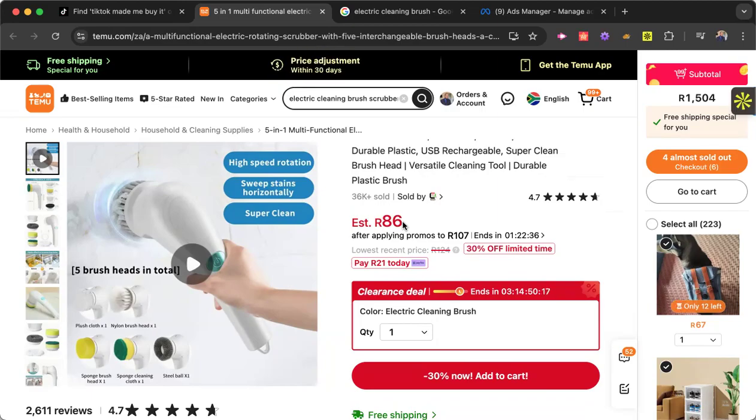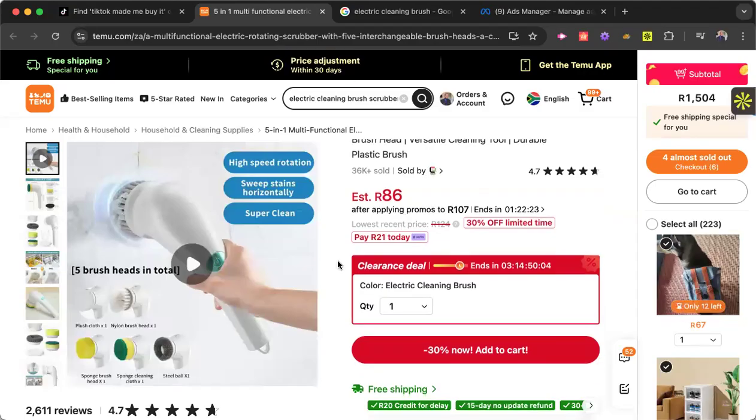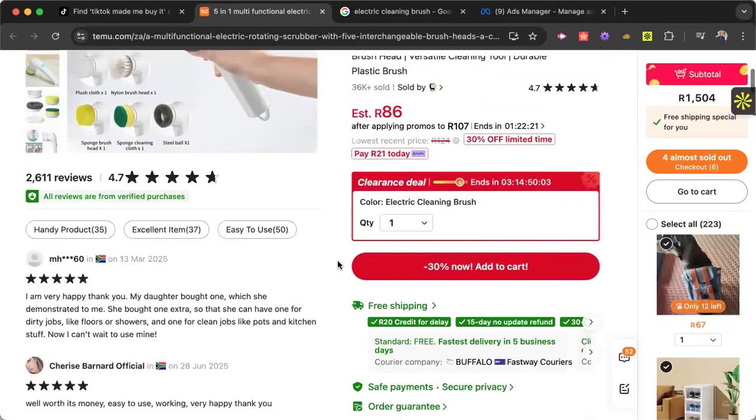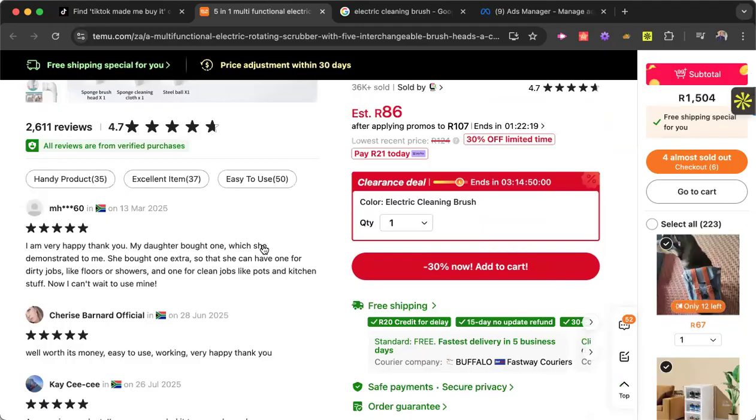For everybody in this coaching program, I want you guys to be selling your products for 400 Rand minimum. Likelihood, I want you to sell it for as much as possible, but you need to be able to create the perceived value and understand who you're selling to. So that's why these comments and everything are very important to study, right?